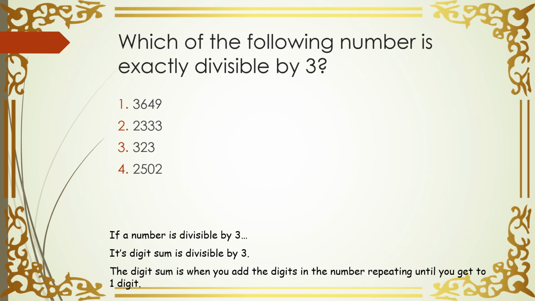3 plus 2 plus 3, which is equal to 8. Is 8 divisible by 3? No. Okay. Next, last option. 2 plus 5 plus 0 plus 2, which is equal to 9. So yes, 9 हमारे 3 के टेबल में आता है. Yes, so let us write down the correct alternative. The correct alternative is alternative 4. Okay, that way you have to remember the test of divisibility and use it in getting the correct answer.